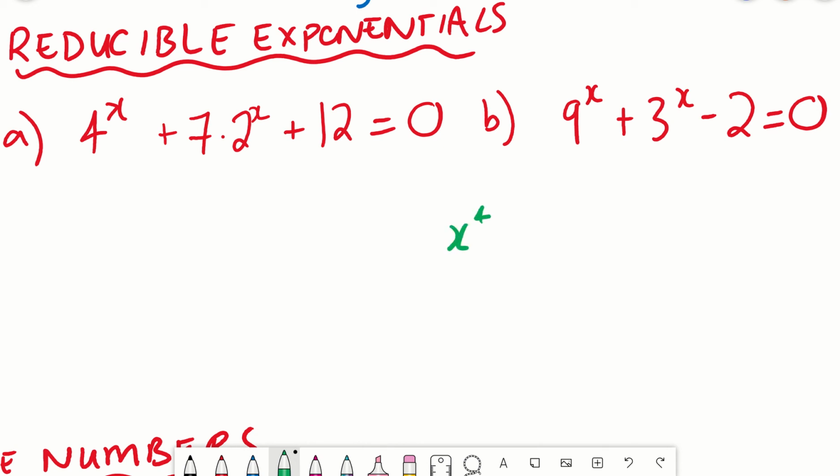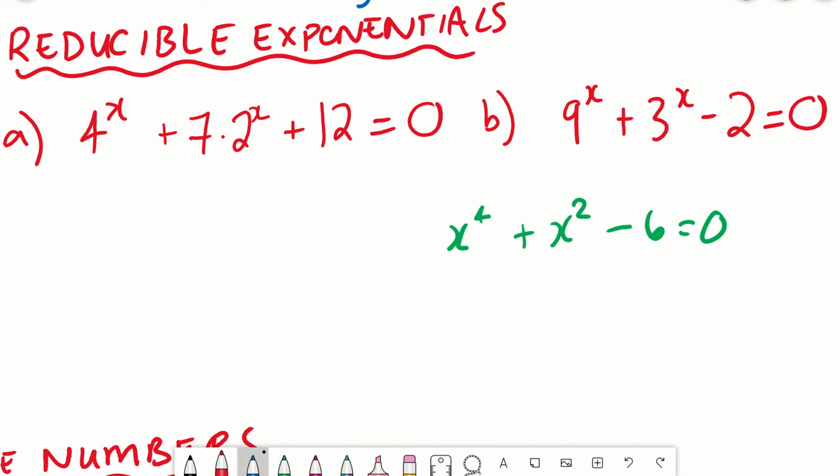It would be something like this. x to the power of 4 plus x squared minus 6 equals 0. If I had to solve this, we would call this a reducible quadratic, because we would say,